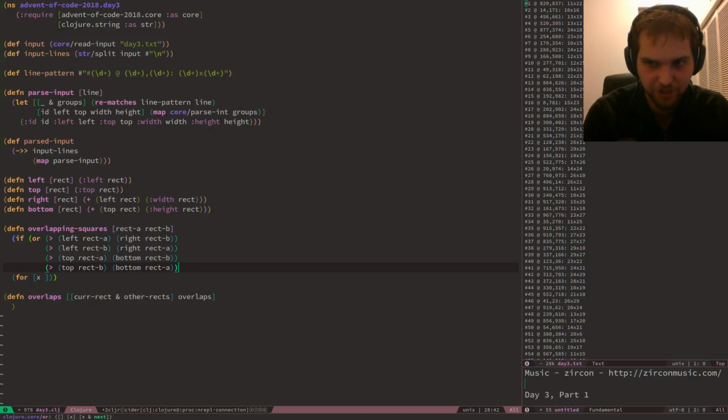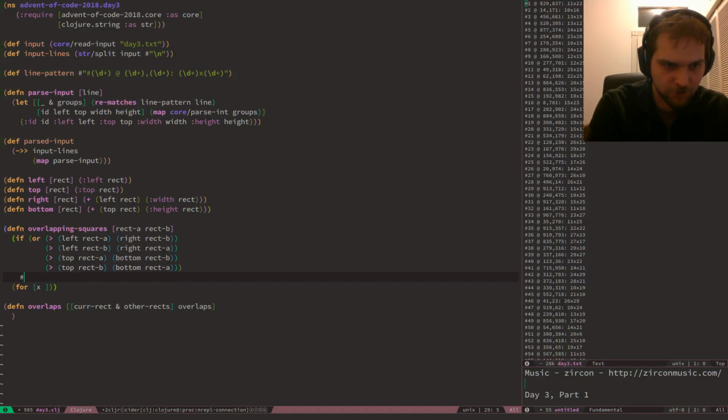So any of these basically disqualify the two rectangles from colliding in any capacity. Then we return an empty set. There are no items basically that could be colliding. Otherwise,